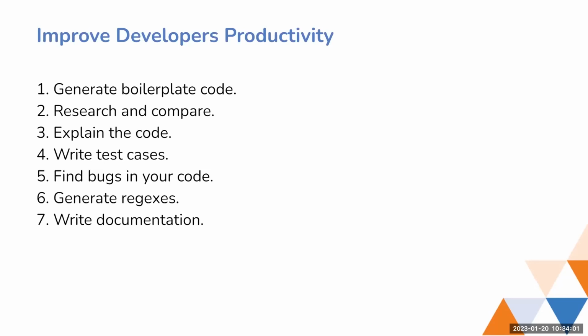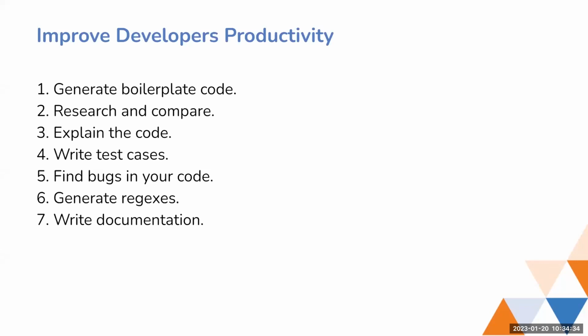Test cases. In peer review, a lot of time is spent checking other developers' work. If we ask ChatGPT to please write some test cases for how my function works, it will generate the appropriate test cases for me. So in production, we can be confident that no bugs will occur.